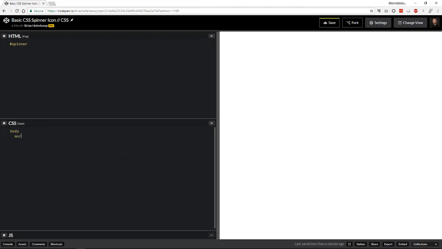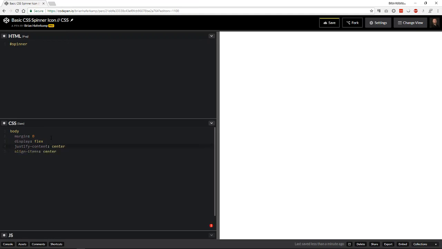We're going to say body with a margin of 0 because Codepen, which is what we're using here, adds 1 pixel, or like 1 em or 1 rem of padding, a margin to the body, just around everywhere. And then this is going to help us because I want to center this. So if you've never used Flexbox, I have a series of videos on Flexbox showing how to do some basic alignment with Flexbox. But essentially we're just going to say display flex, and to center something you say justify content center, align